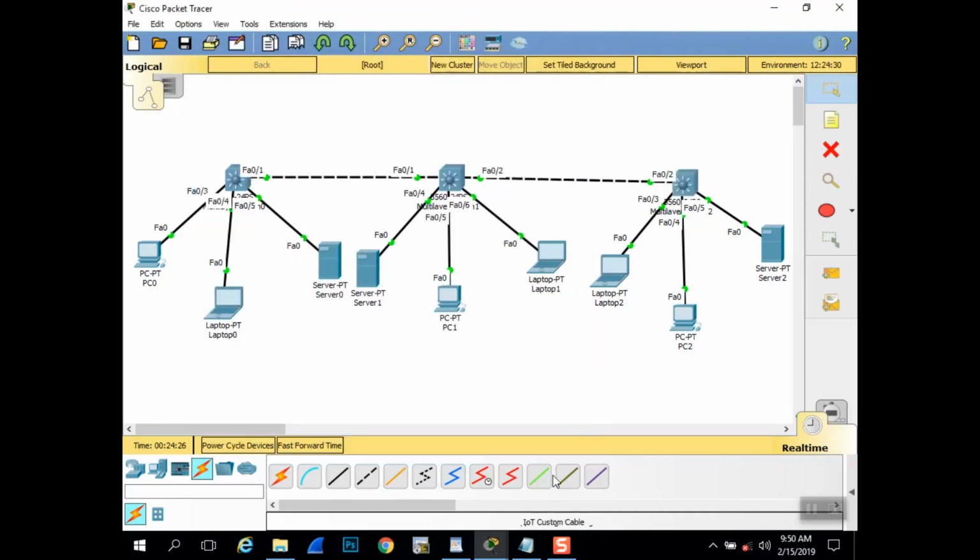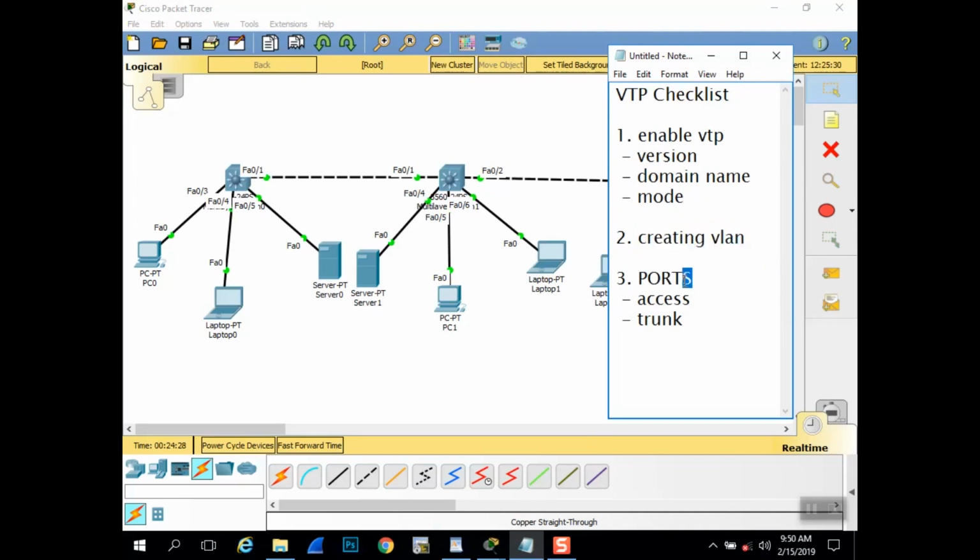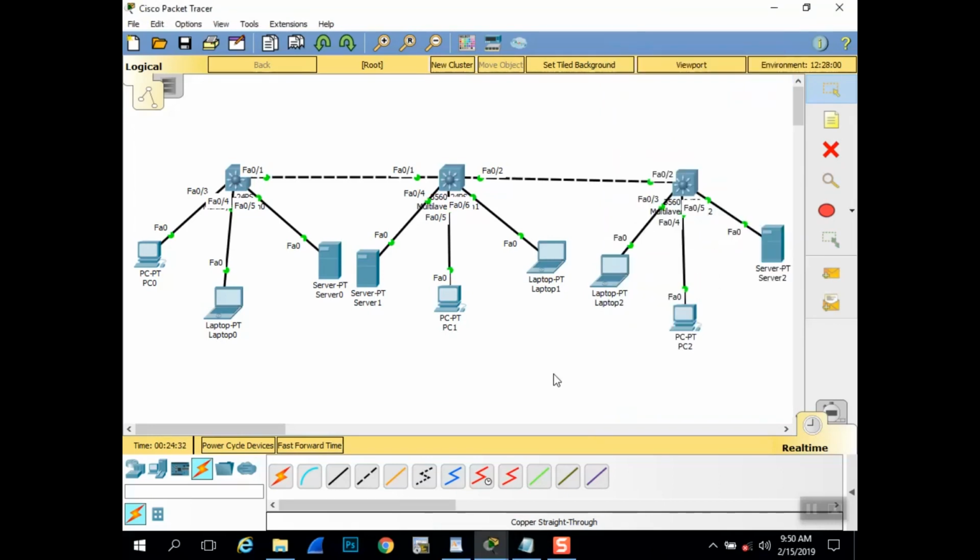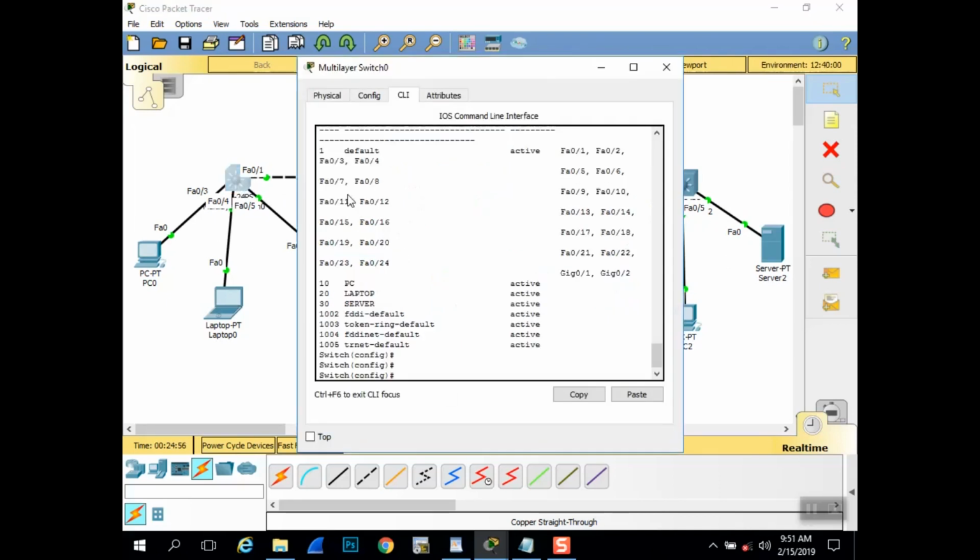Now after we have created the VLANs, on my checklist we need to determine the ports, if they are access or trunk. Now here in VTP, all end devices that will obtain an address from the switch would be put on your access port. Now whatever switches you have that need connectivity between them, you need to specify as a trunk. So this switch and this switch will be configured as trunk ports, and then the end devices would be your access. Now let's start with the server,